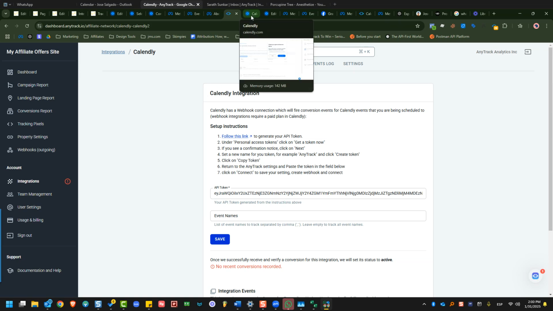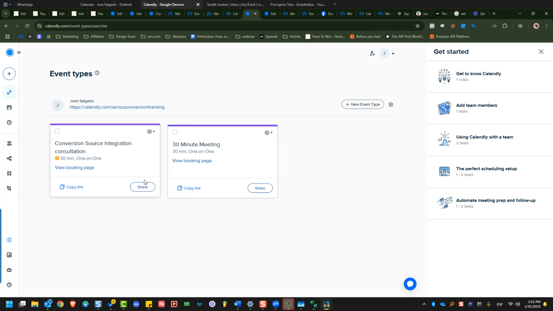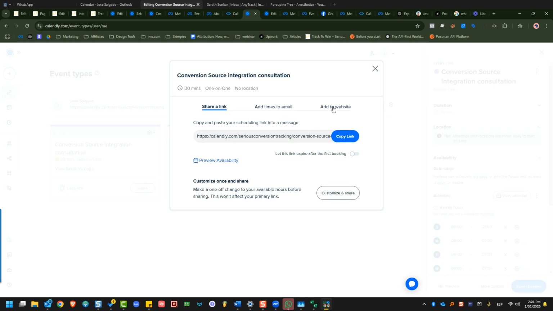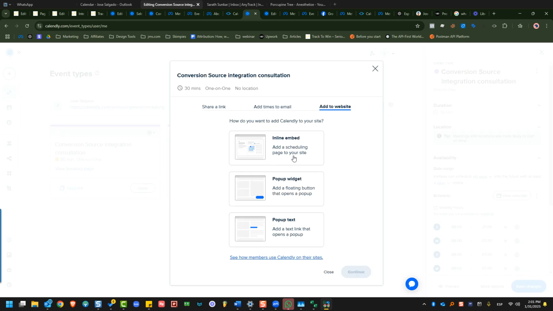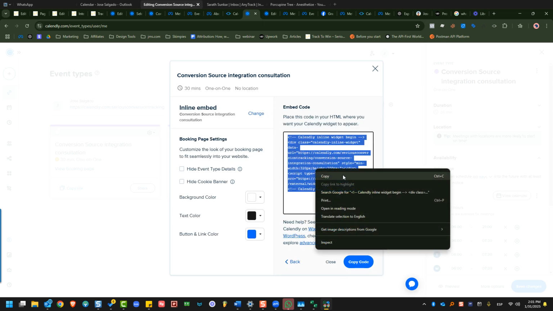now on Calendly, well, you create a meeting. Let's see. Here's mine, and then click on share and add to website, and then I'm going to use the first one. Then copy this